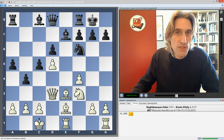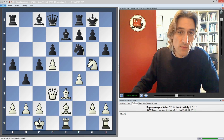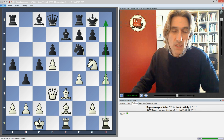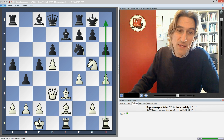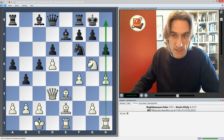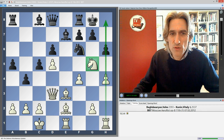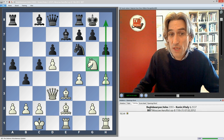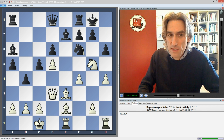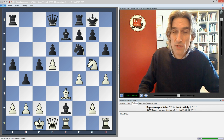And white tried a similar idea. He also played knight g5 here, and after the knight was attacked, then defended it with h4, and the h-file, well, black certainly can't take that, or would be ill-advised to take the knight. But in this case, he shows that actually this maneuver really wasn't appropriate, because actually white can't follow it up very well. So in this case, black succeeded in exchanging off this important light-squared bishop,